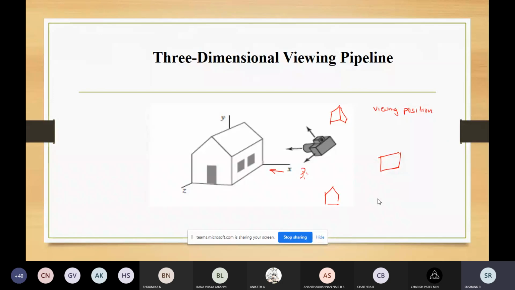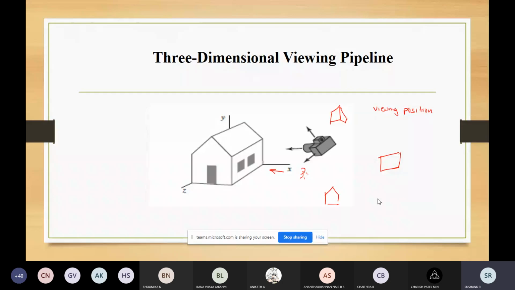Based on that, you can decide the viewing position, and you can also pick a position in the middle of a group of objects, or even inside a single object. So first thing is you have to decide the viewing position.